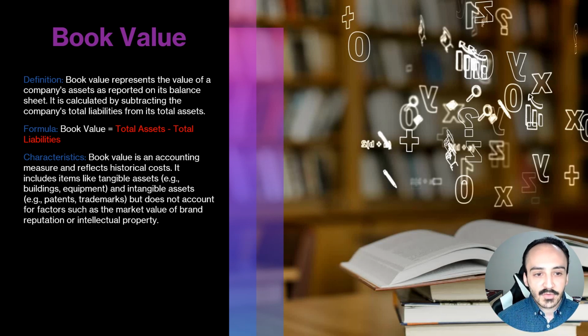The formula: book value equals total assets minus total liabilities. Characteristics: book value is an accounting measure and reflects historical costs. It includes tangible assets, for example buildings and equipment, and intangible assets such as patents and trademarks, but does not account for factors such as the market value of brand reputation or